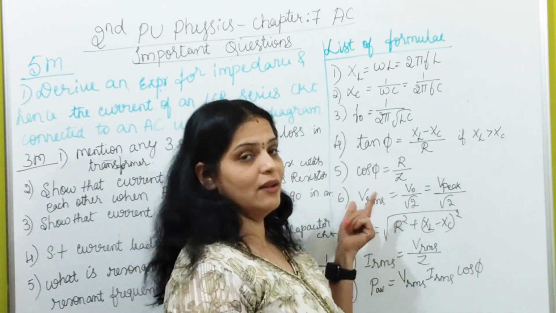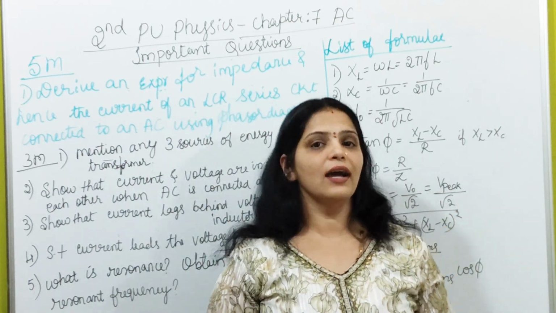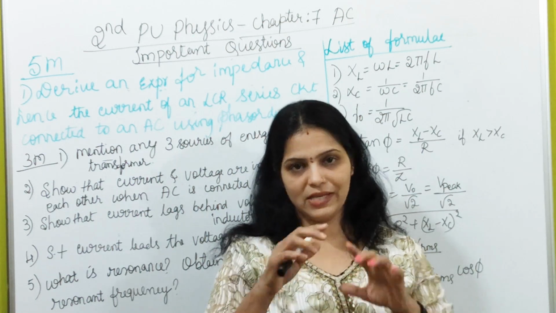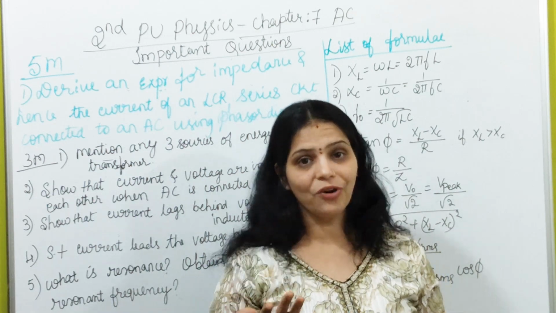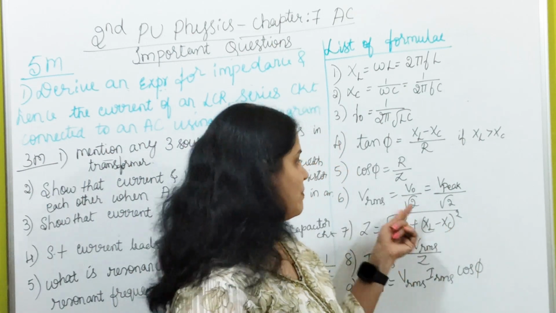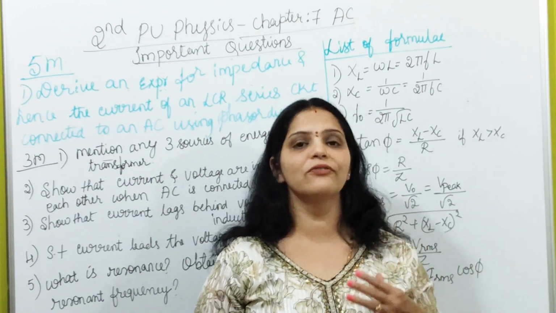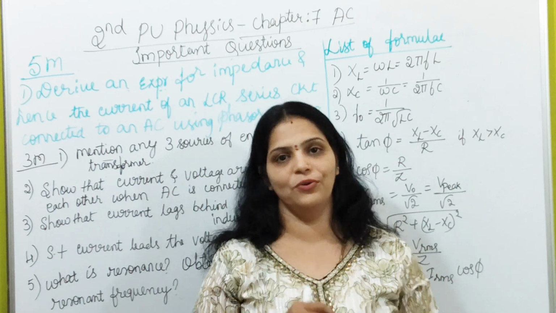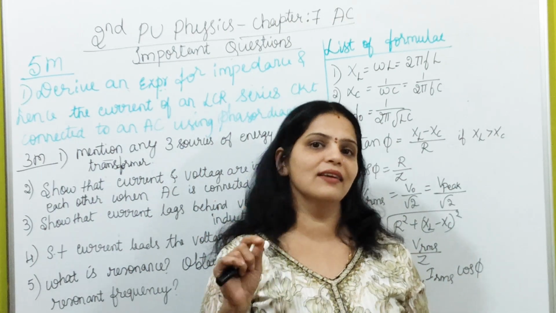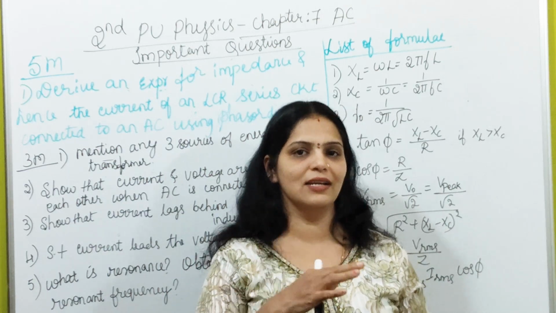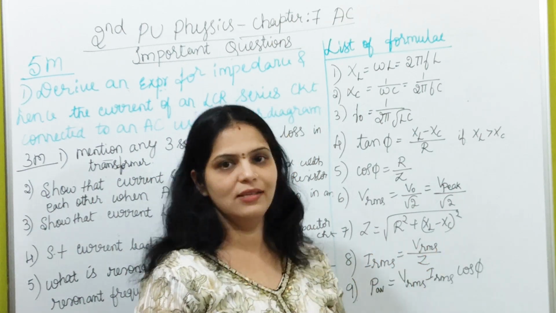And IRMS and VRMS, that you have to find out sometimes. VRMS is nothing but the value which is specified in the particular devices. VRMS will be given, or sometimes if V naught, the peak voltage, is given, then how to find out VRMS? It is V naught by root 2. Or if you want to find V naught, it is VRMS into root 2. VRMS is usually 220 volts, specified in the devices like voltmeter, battery and all. And RMS current is VRMS divided by Z.